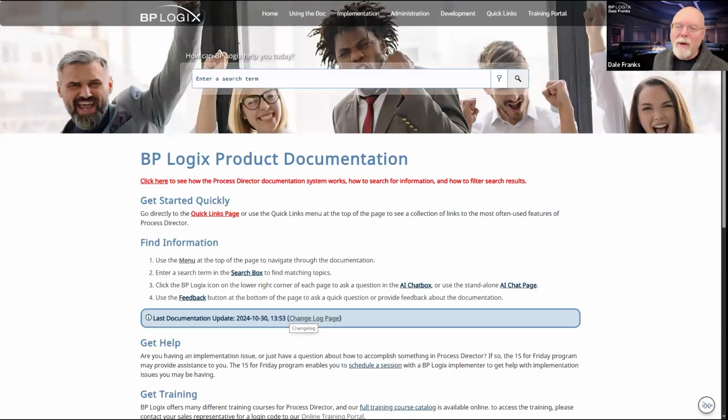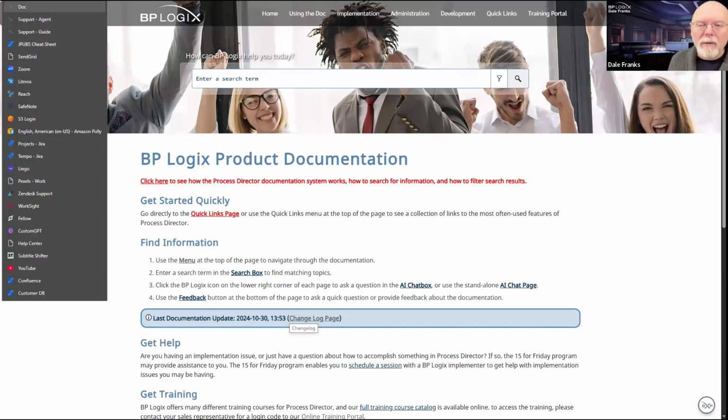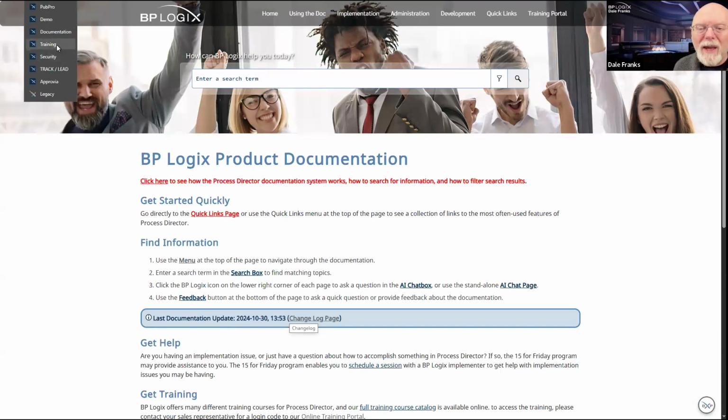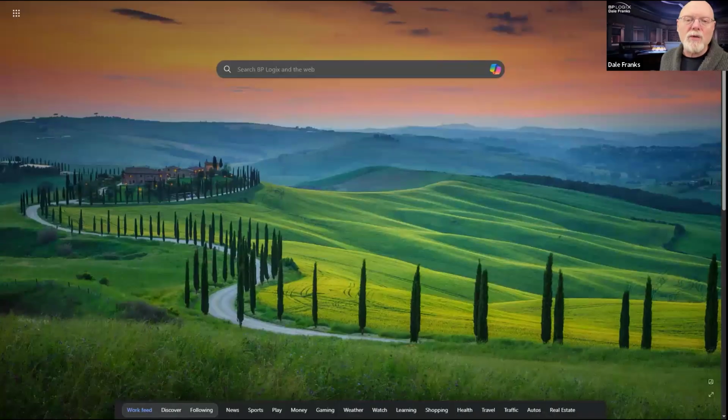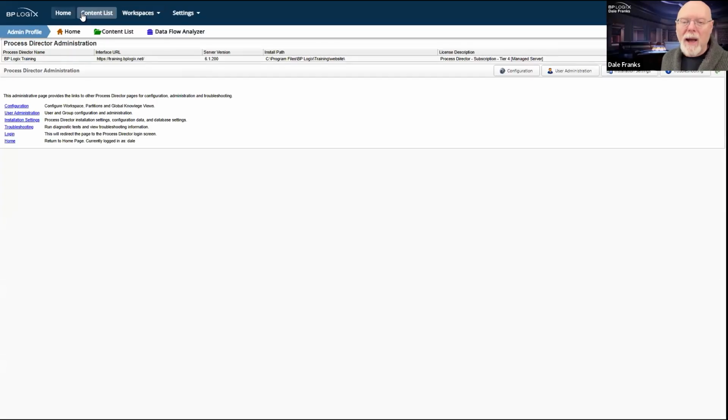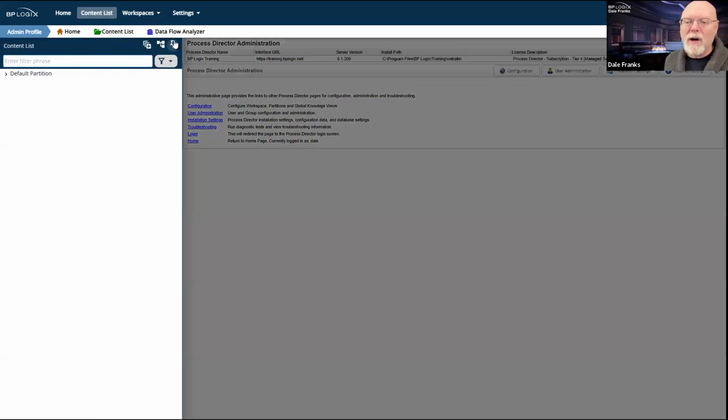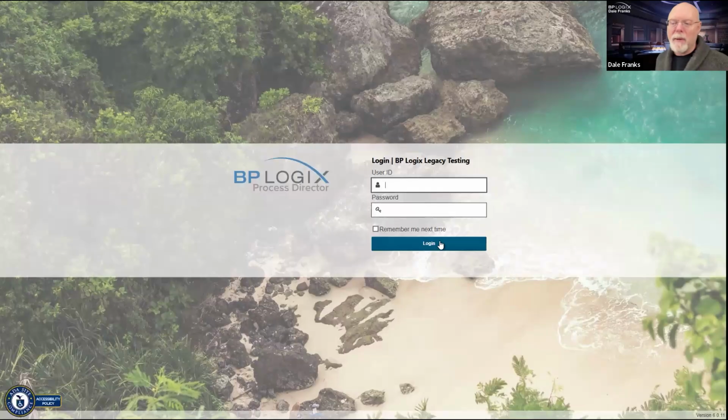So let's move away from documentation and talk about troubleshooting and technical support. We're going to cover really just one thing in troubleshooting, but it's a super important thing to do. I'm going to have to open up two servers because we have to approach this in two different ways. So I'm going to open up a version 6.1 server.